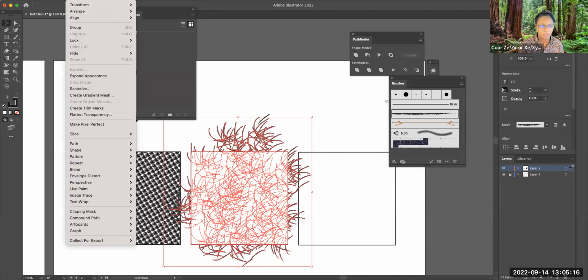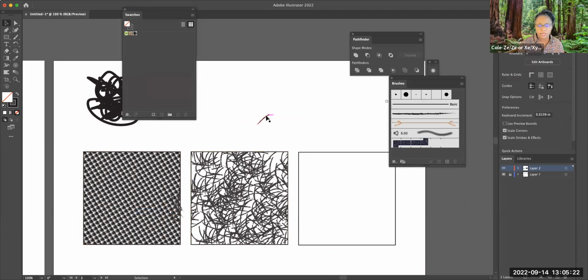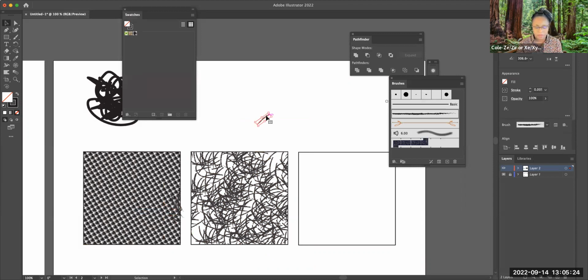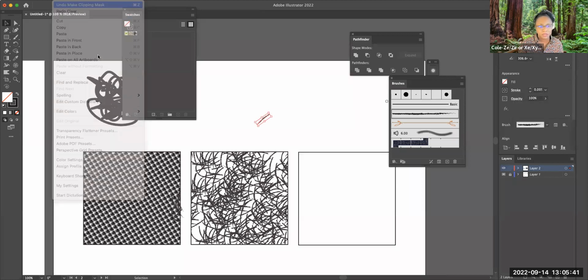You can go Object, Clipping Mask, Make, or shortcut key Command 7, and I'll just delete this little extra. I'm noticing I probably still need some more on the edges because there's still too much. So if I want to take away the clipping mask, I can do Edit, Undo Clear, Edit, Undo Clipping Mask,